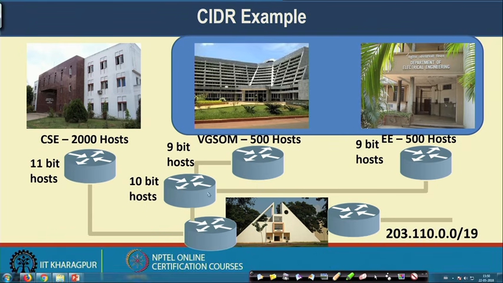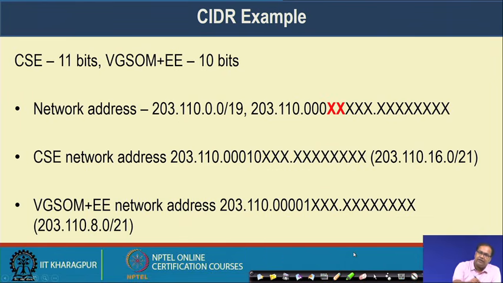So, what we are doing here is putting this additional router in between. That router helps me treat the combination of these 2 subnets as an entire network. So, now I do not need to divide it into 3 subnets. I need to divide it into 2 subnets, and using 2 bits I can safely divide it into 2 subnets. Now CSE requires 11 bits, and VGSOM plus E together require 10 bits. So, with 11 bits I can